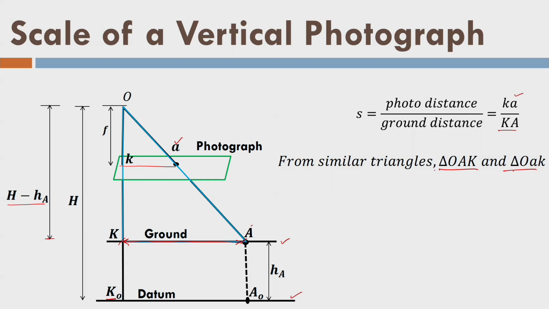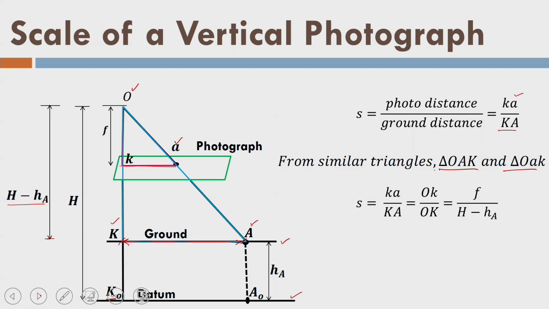So that means one is this triangle OKA, you can see O, K and A. So I can say the scale with the same expression f by H. Now I am writing this ratio, this f here, which is nothing but this distance from here to here, and then this distance, which is from the exposure center to the point. So this is the scale I get at point A.